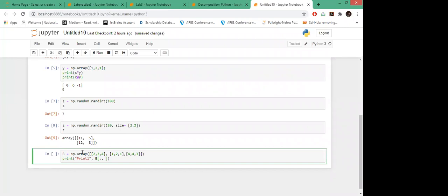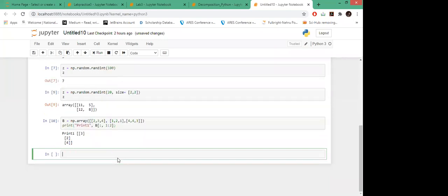Suppose I'm writing it as 1:2. It will first go to all the rows of B and then select the first column. The column indexing starts from 0, so 0, 1 and 2. From 1 to 2 it will select the first column only, because the last index is not included while selecting.